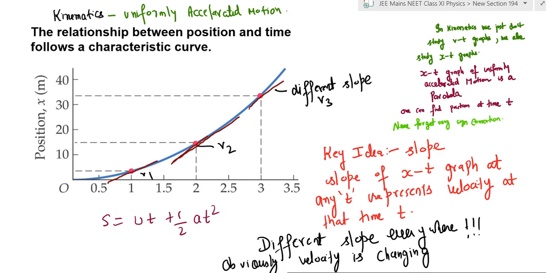So for the xt graph, the key takeaway is slope is still relevant, but it's much easier to understand because